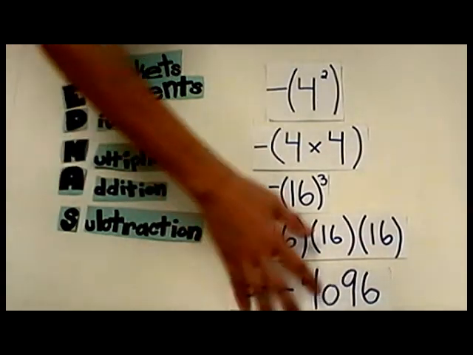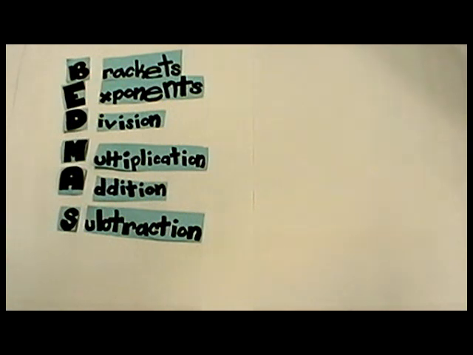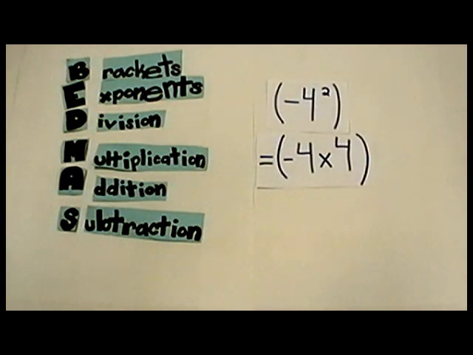Now with the second equation, which is this power, first you're going to want to start with what's inside the brackets, which is negative 4 to the power of 2. Now, where the negative is placed in this power, it will apply to only the 4. So to solve this power, you're going to do negative 4 to the power of 2. But this is a negative inside the bracket, so it will look like this, negative 4 times 4, which equals negative 16. Because a negative multiplied by a positive is a negative.